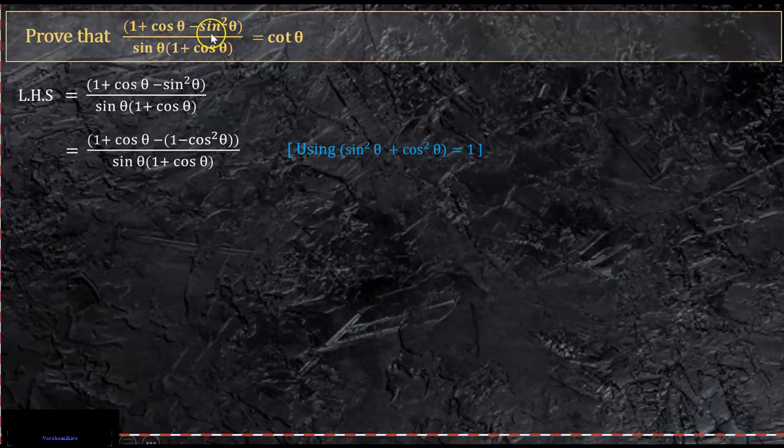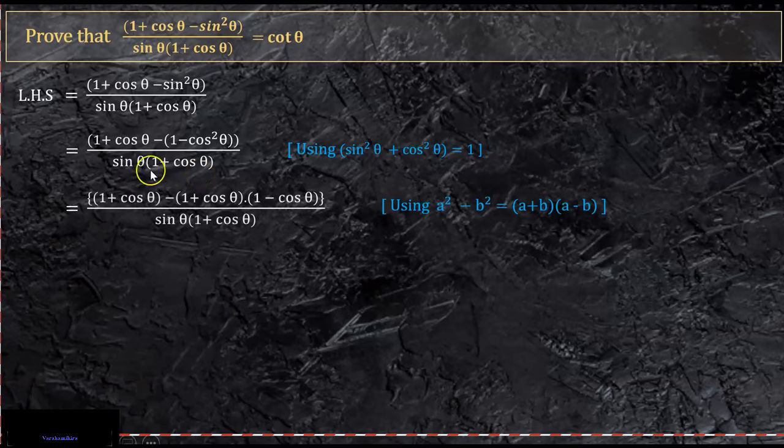So here 1 minus sin square theta, right? You can see. So our objective is to make it simple. If we are having tan theta, we'll see if we can break it to sin theta cos theta like that. Okay, here we can see there is a 1 and a sin square theta. As we know, sin square theta plus cos square theta equal to 1. So we can directly write here cos square theta. So it will become, okay, and sin theta, we're not changing it. So it is basically 1, that means a square minus b square.